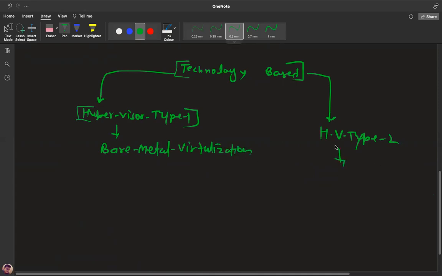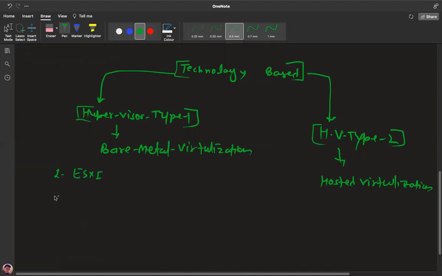And hypervisor type 2 is considered hosted virtualization. Let's talk about the examples.